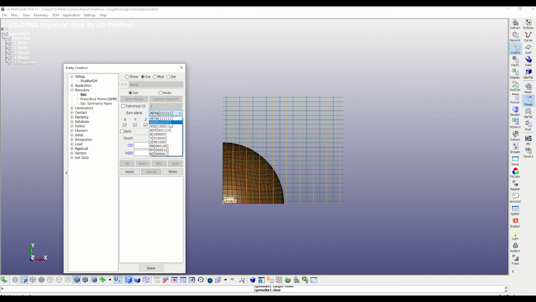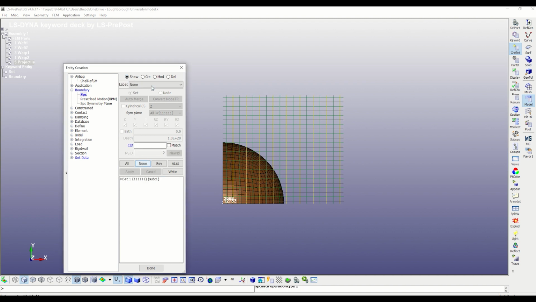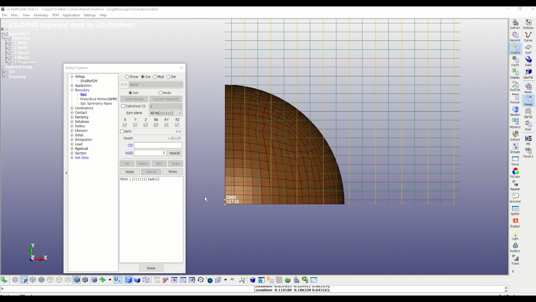Select the nodes that will have fixed boundary conditions, and then we select the nodes that will have symmetry boundary conditions.